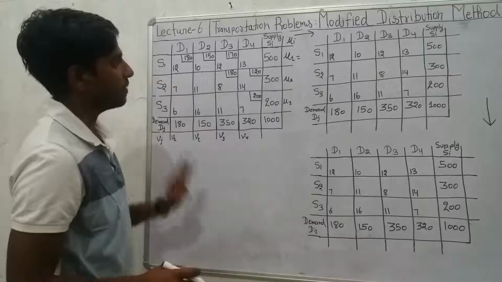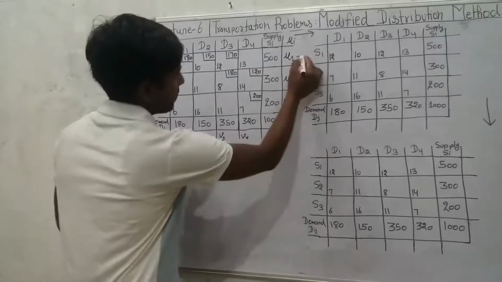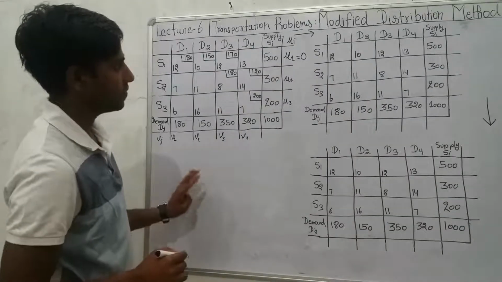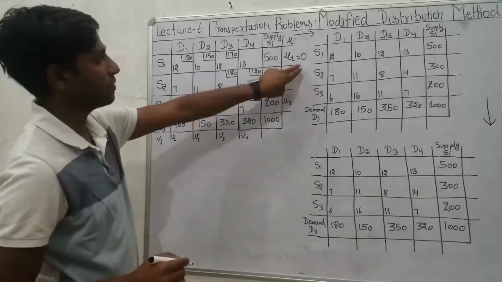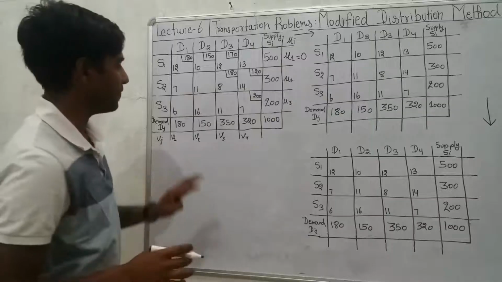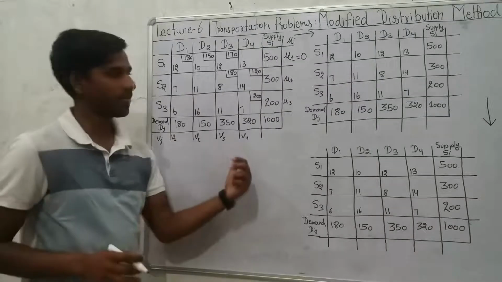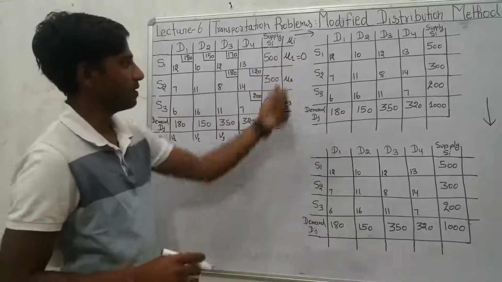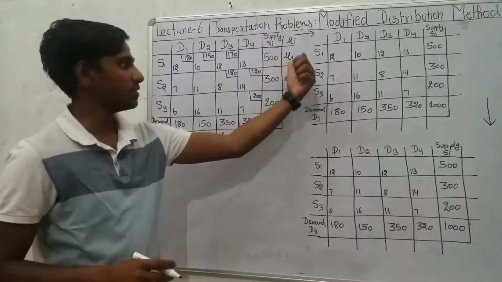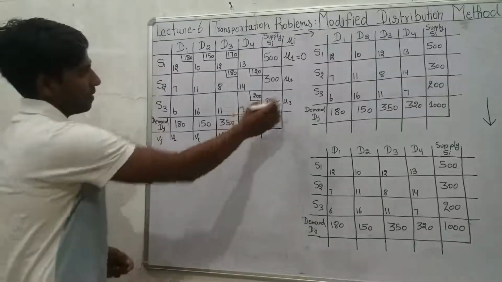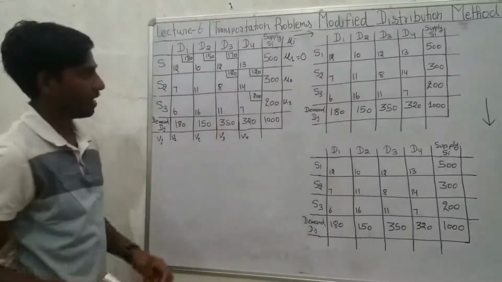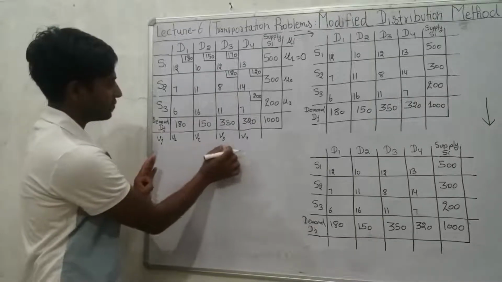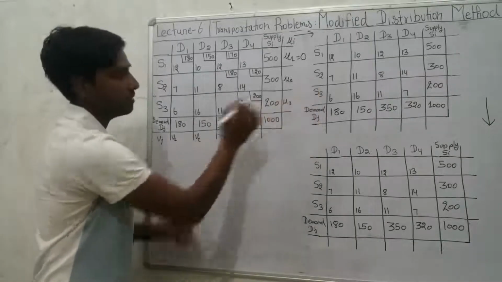For simplicity, we are going to assign 0. So to initiate step 2, we assign an arbitrary value to any of these variables. I am going to assign 0 to u1, that is, ui in the first row, known as u1. Now, using this value, we have to calculate the values of the remaining variables: v1, v2, v3, v4, u2 and u3.